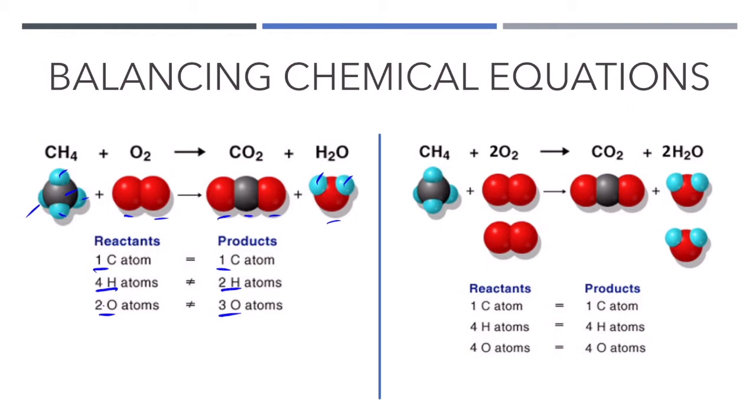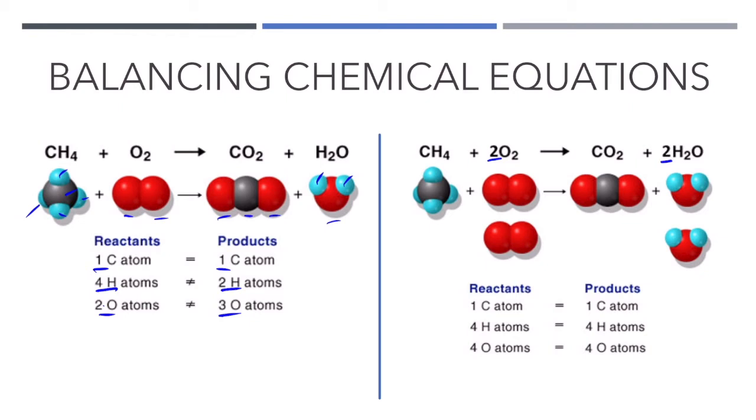And when we balance that, we use those coefficients. And so if you take a look over here at the balanced form, we've got a 2 here in front of that oxygen and a 2 here in front of water. And by adding those two coefficients to this equation, we've now balanced it so that we have the same number of each type of atom